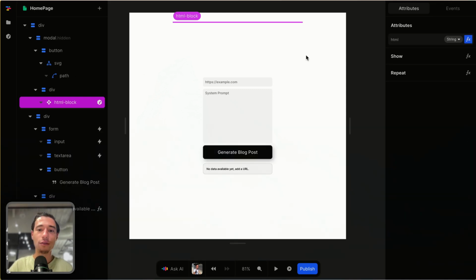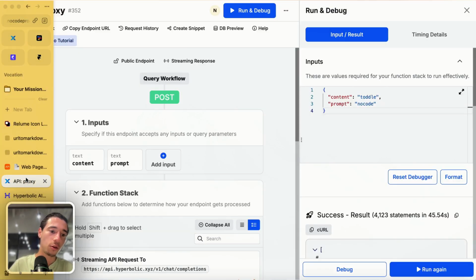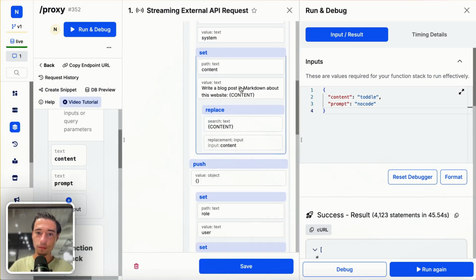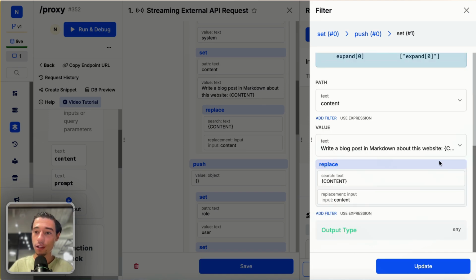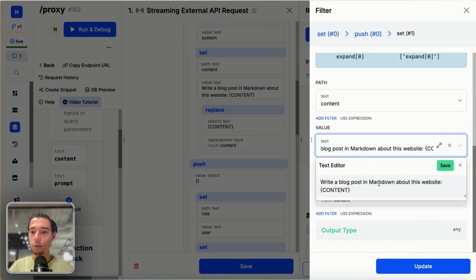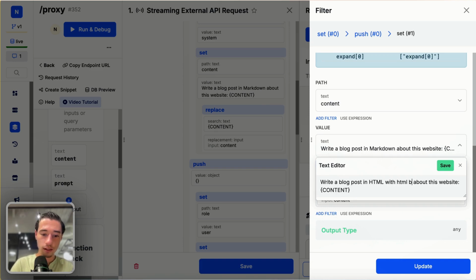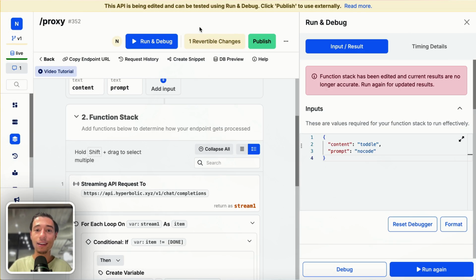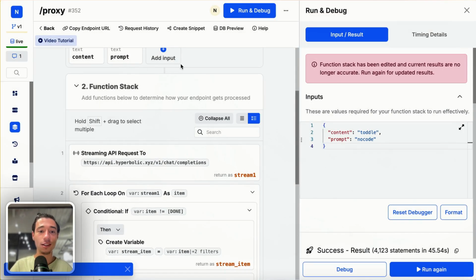Now we just need to have this return HTML. So we want to go in here, go to streaming API request 2, and optimize the prompt. We want to go inside of here, make that big. We say write a blog post in HTML with HTML line breaks and nice formatting about this website. We'll save that, we'll update that, we'll save that again, we'll publish this endpoint to production,